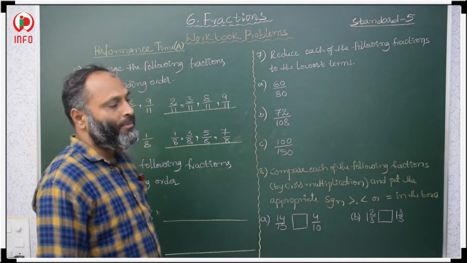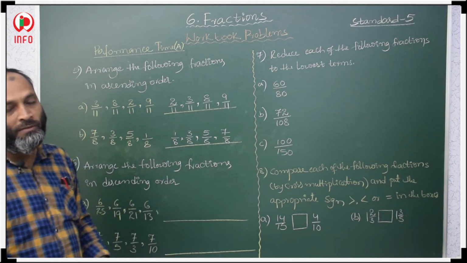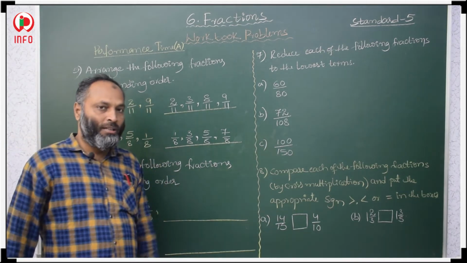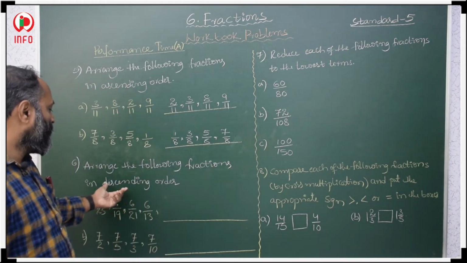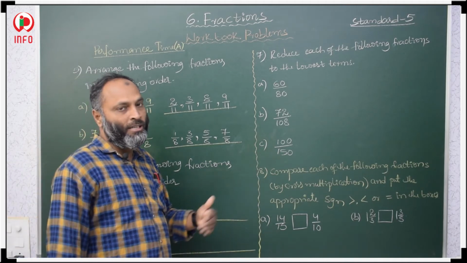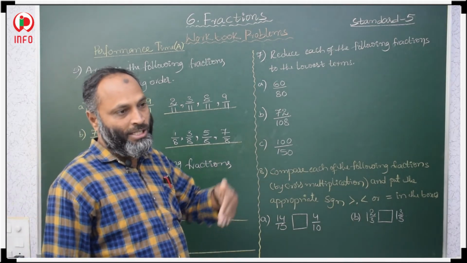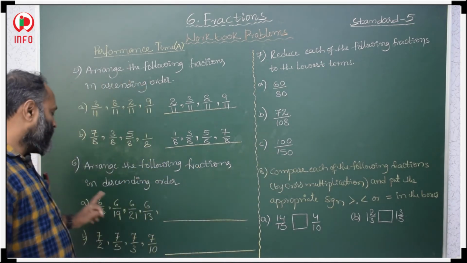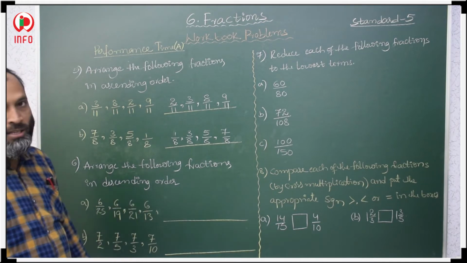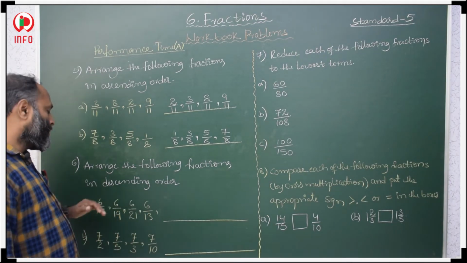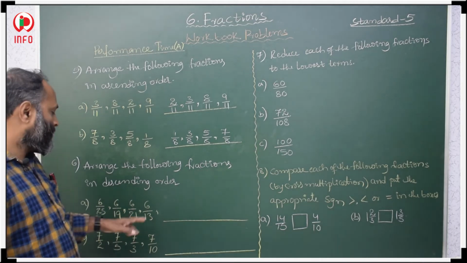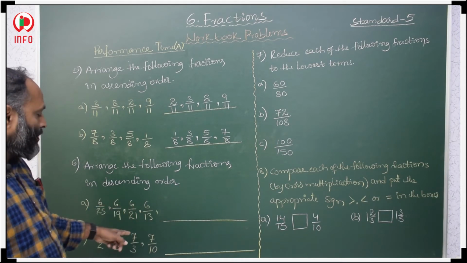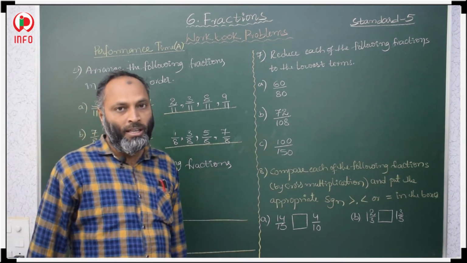When numerators are same, then also here it is very easy to decide which one is bigger and which one is smaller. Here first we have to take the biggest fraction value. Why? Descending order is given. Descending means decreasing order we have to arrange. So, we have to take bigger, smaller than that, then smallest one, like this we have to arrange. So, in these all fractions first we have to take the bigger one. How to decide which one is bigger in this? So in these denominators, which one is the smaller denominator? So, that one is having a bigger value.